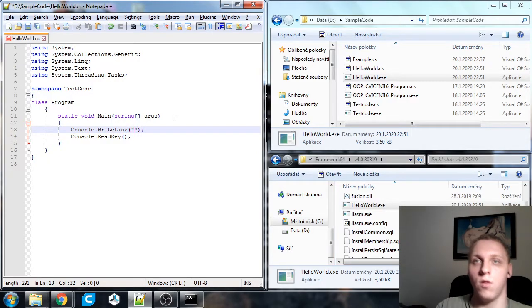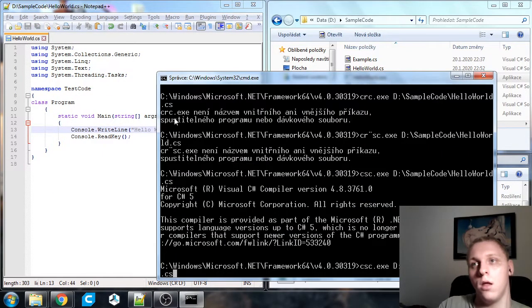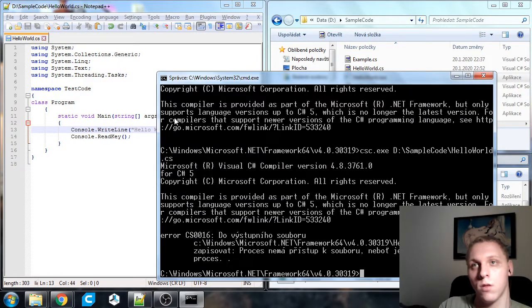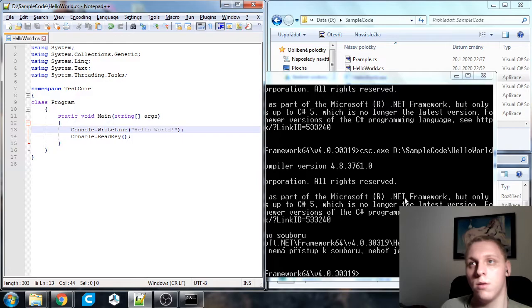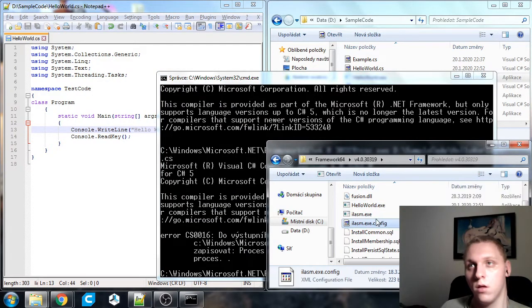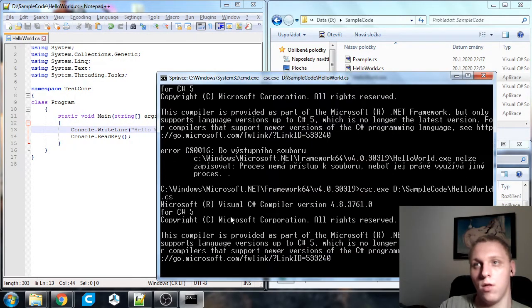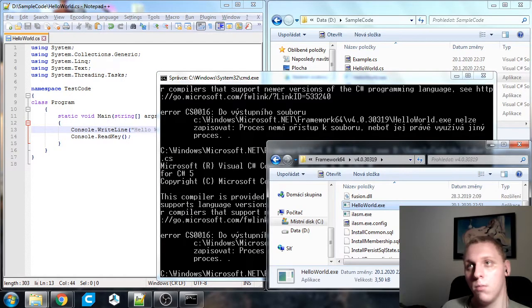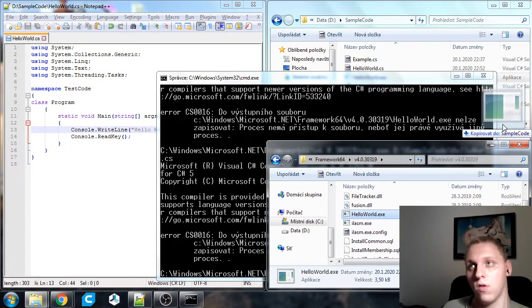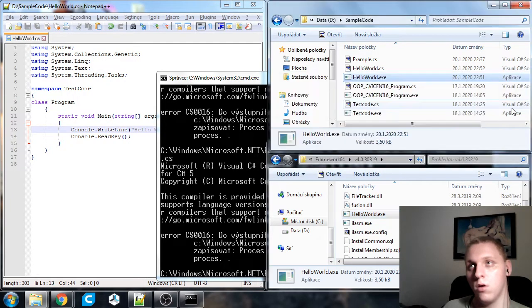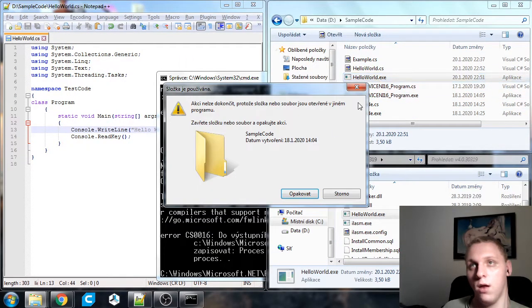So here we're going to type in hello world, and we're going to compile it once again. Oh yeah. And as you can see, it's right here, the newly compiled version. Again, you can just run this again if you need to, but that's about it. So we can just drag it over, replace it, and